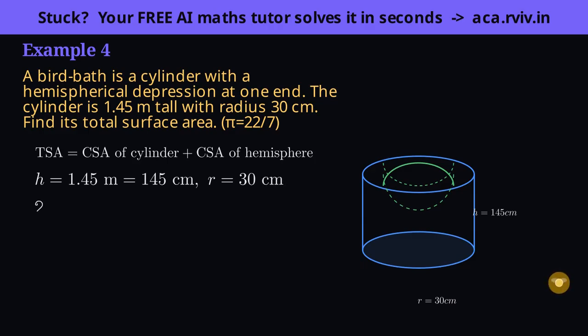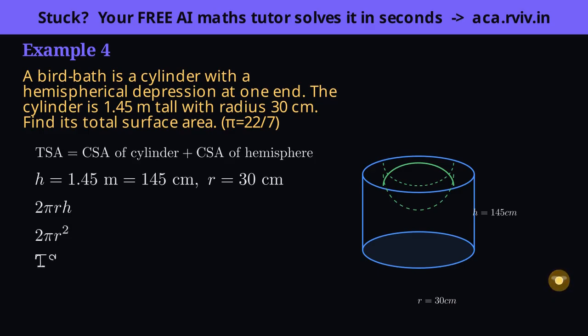The cylinder's curved wall is 2πrh. Remember, that's the label rectangle we unrolled, circumference 2πr times the height h. The scooped ball is a hemisphere's curved surface, 2πr², half of a sphere's 4πr². Notice we count no flat top circle at all, because the top isn't flat, it's been hollowed into this ball.